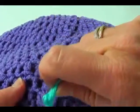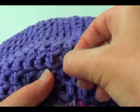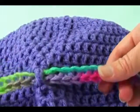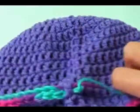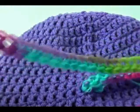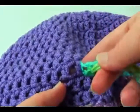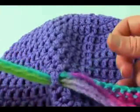Now you can see that was the starting stitch, so we're just going to pop that in and around the next stitch, and you want to pull this all the way through with your tails here. Now try not to get this twisted as you weave it in and out of your stitches. So I'm putting it in the side of the stitch and bringing it up behind it. Pull it through